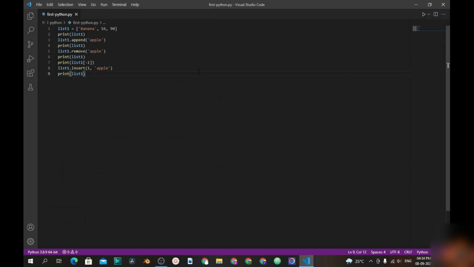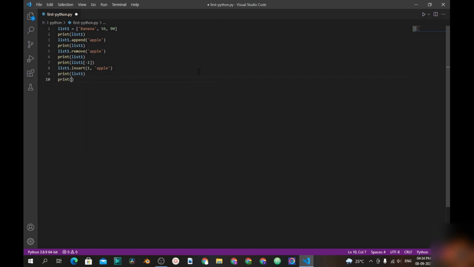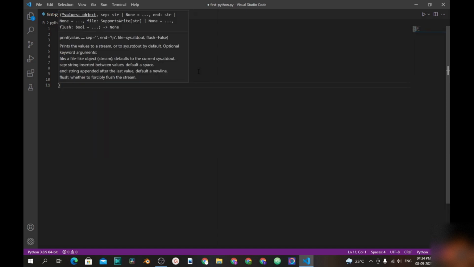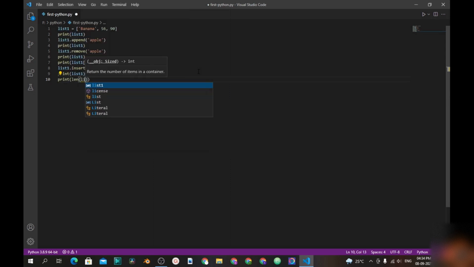If you want to know what are the total items, how many items are there in the list, we can use print len list1. And now if we run this,